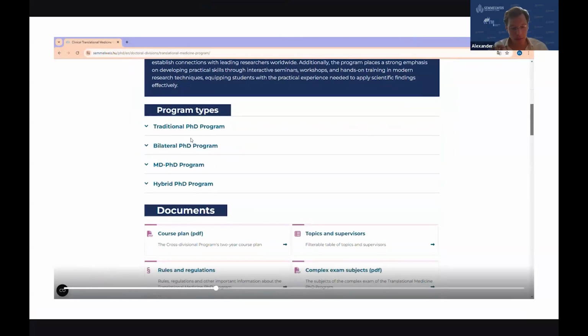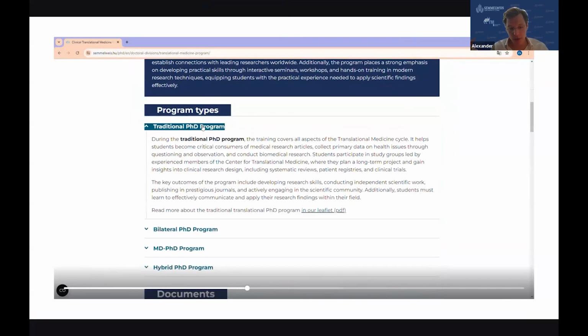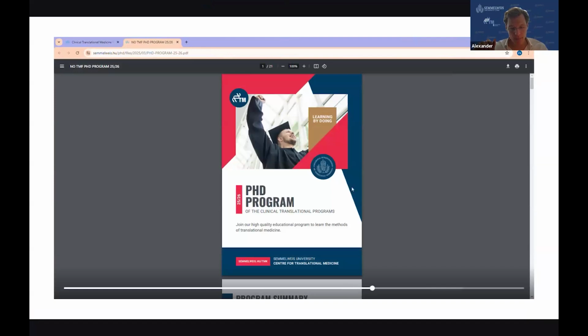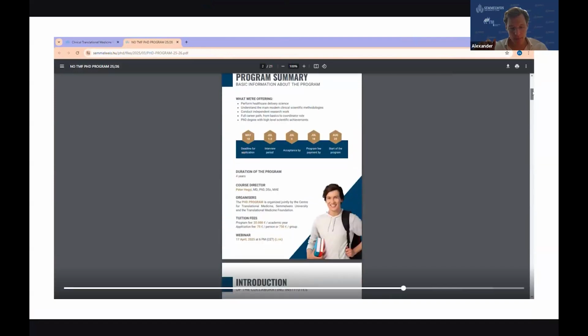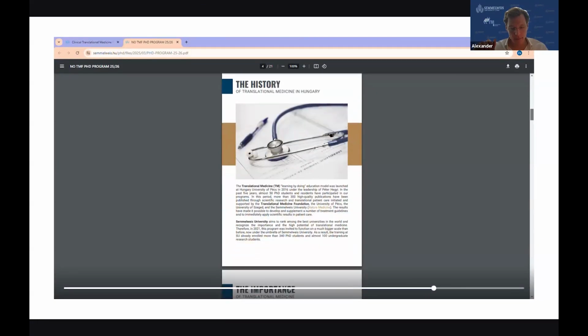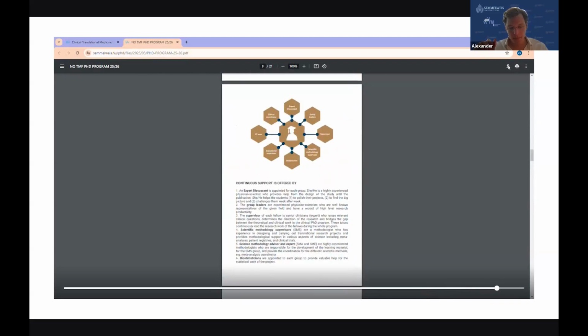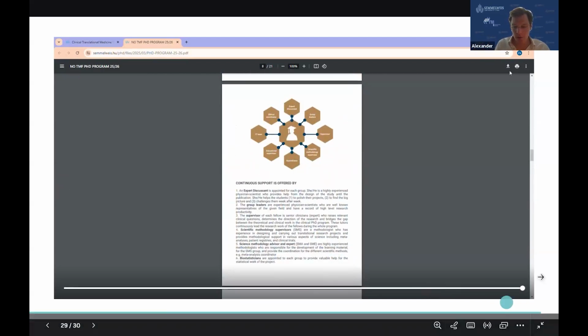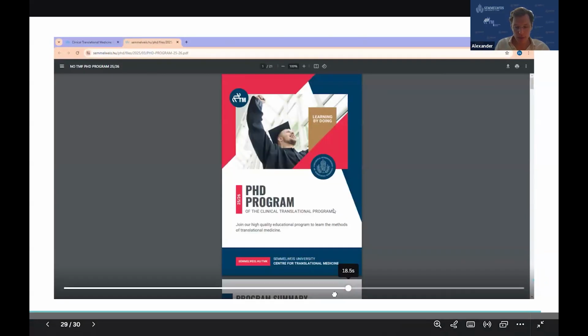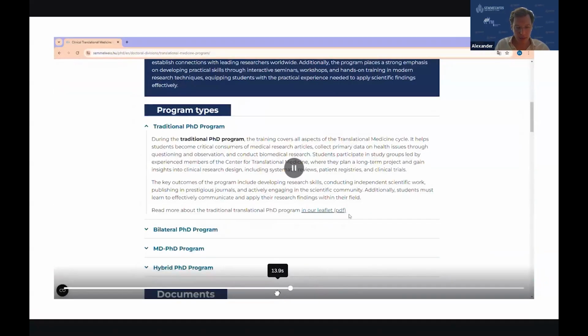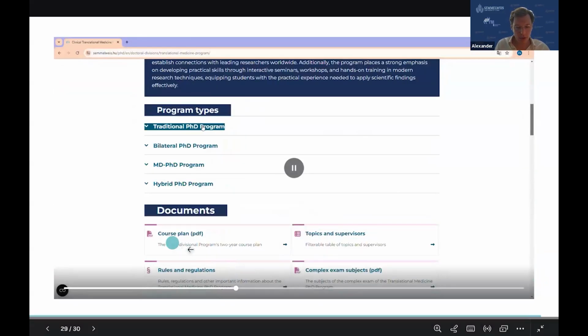Again, you have to scroll down. You can choose any of them basically. And then, exactly. So further, if you are on the site, you can scroll down and you can find